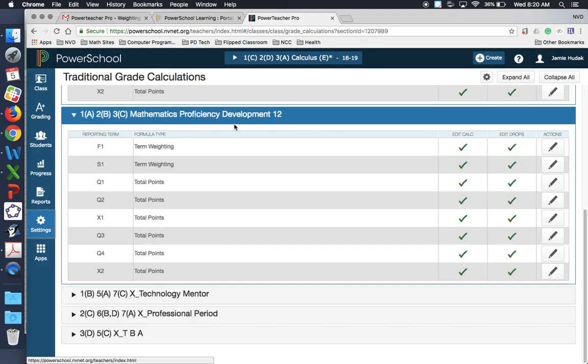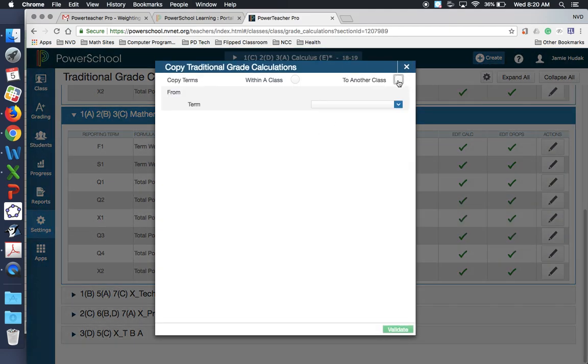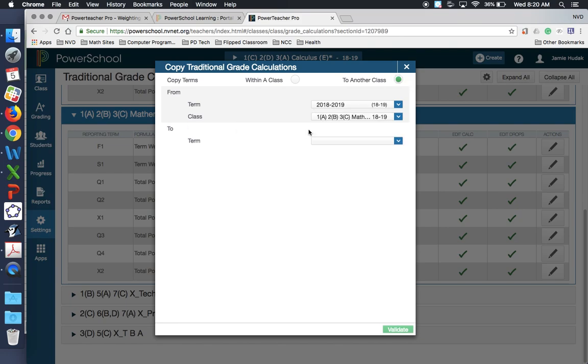I just did this for Math Proficiency 12, so I'm going to make sure that I'm taking it from that class to another class from Math Proficiency 12. And I'm going to choose for the entire year. I want to copy all of my terms and full marking period grade and S1 grade, so we choose the entire year,